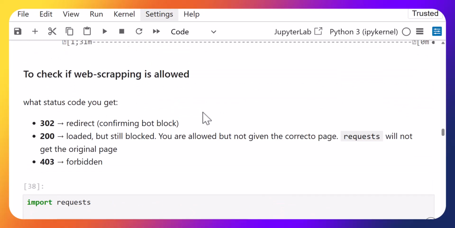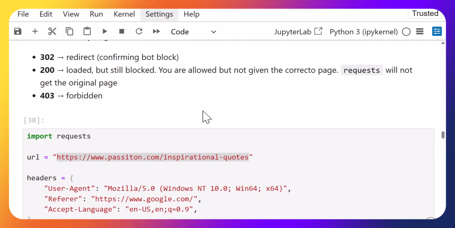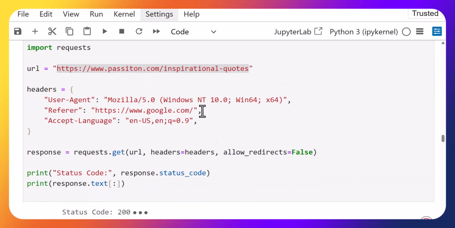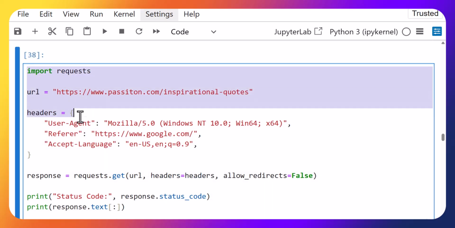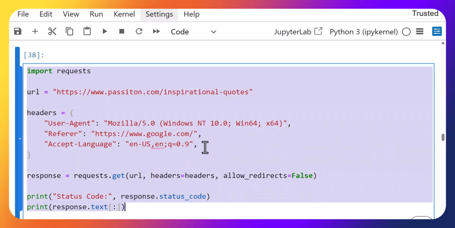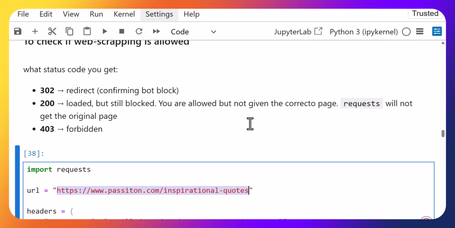Okay, just for the sake of clarity, the purpose of this particular code here is to demonstrate whether this particular website allows web scraping. Okay, so